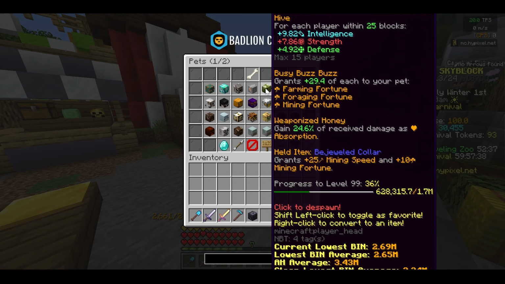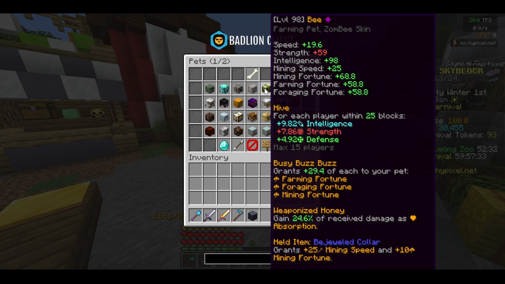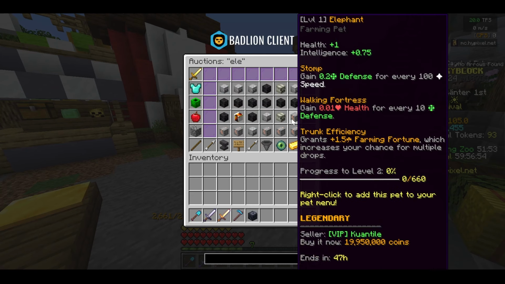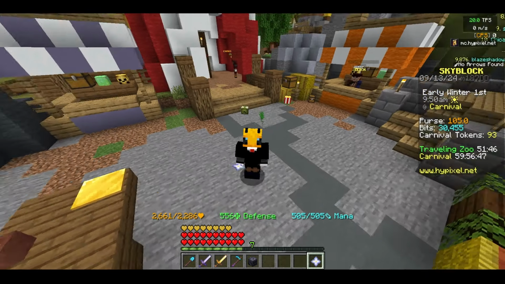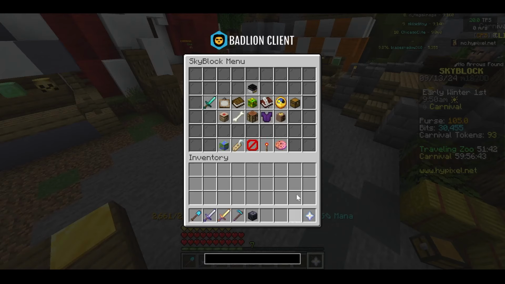Now, once again, I paid a lot of coins for this, around 20 million, mostly just because I had wanted one with a cool skin since I was getting one anyway. But currently, a level 1 legendary elephant pet is gonna cost about as much as I paid for this whole bee pet. Now, once again, it'll be better at level 100, but,